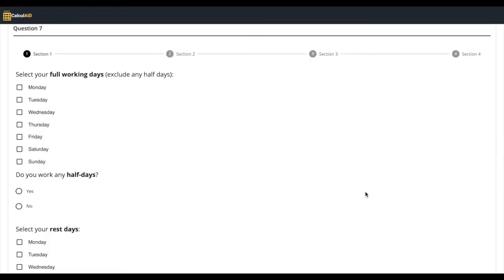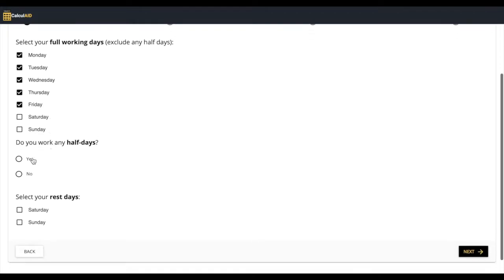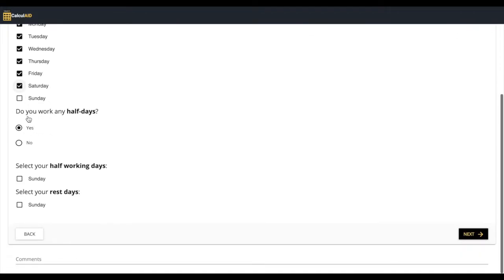This next question requires you to select your full work days, half days, and rest days. It is important that you answer this question accurately because it will form the base of the rest of the calculations. When you make your selections, select them based on your contract with your employer, not based on how long you actually work. For instance, if your contract says that Saturday is a half day, but in reality you often work a full day on Saturday,